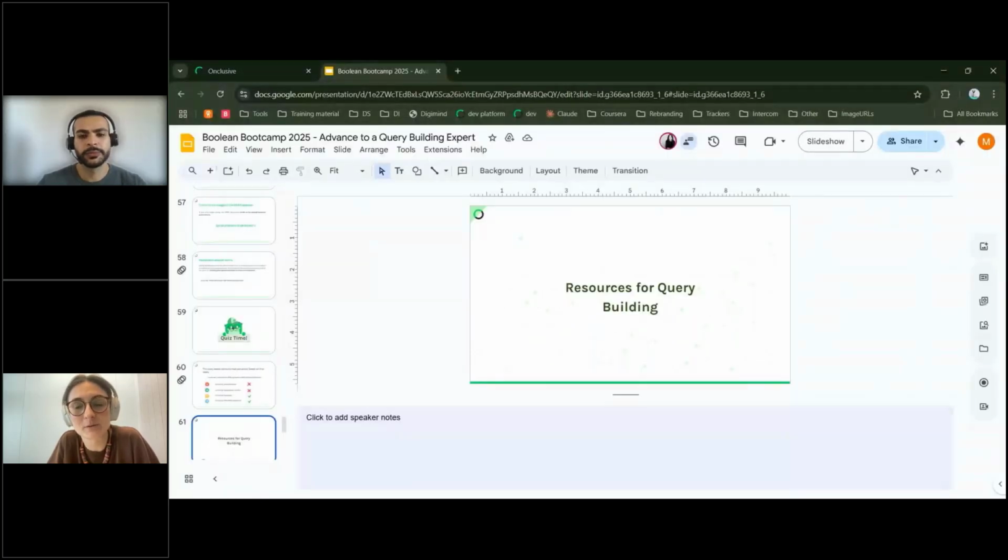Let me show you, because we've just seen some of the most common errors, how you can use Otto to troubleshoot some of these errors. Let's say that maybe you got an error message as you were trying to add a query, or maybe you didn't get an error message, but the results are not really what you're looking for. So let me share my screen again.